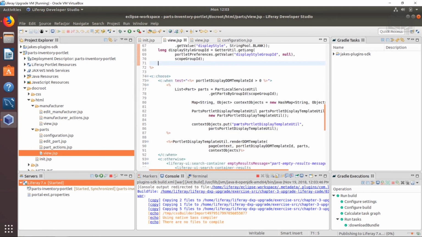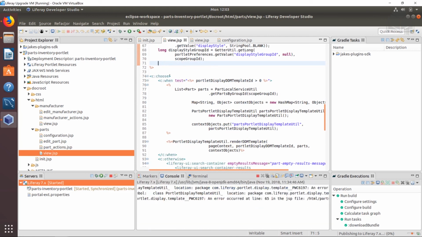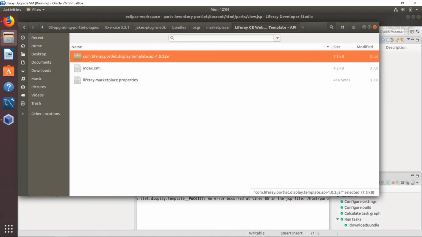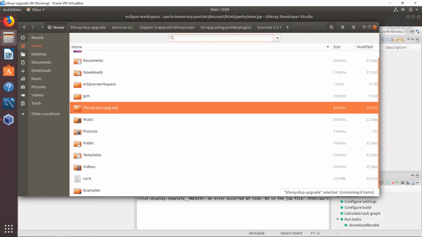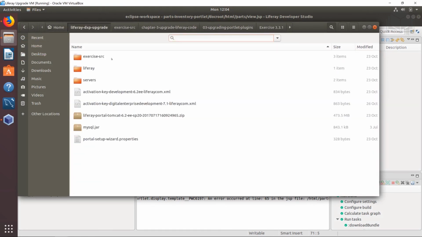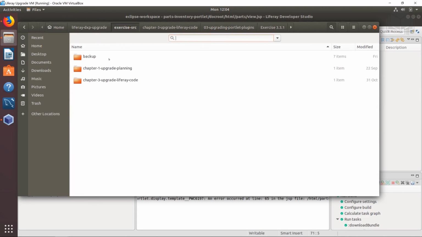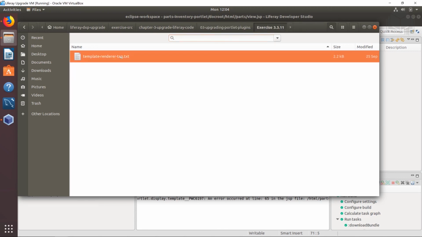The next thing we're going to do is modify this logic here for the c:choose. Right, so we're modifying the ADT's behavior and working from there. So we're going to be pulling from the exercises. So I'm going to click on my filing cabinet here on the left-hand side, and let's get back to those exercises. It's going to be here in the home folder. From the home folder, we're going into Liferay DXP upgrade, exercise source, and then chapter 3 upgrade Liferay code. From here, we're going to be in folder number 3, exercise 3.3.11. We're going to open up this text file here,